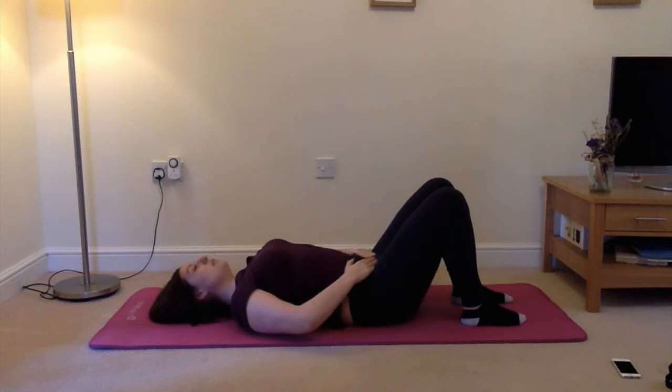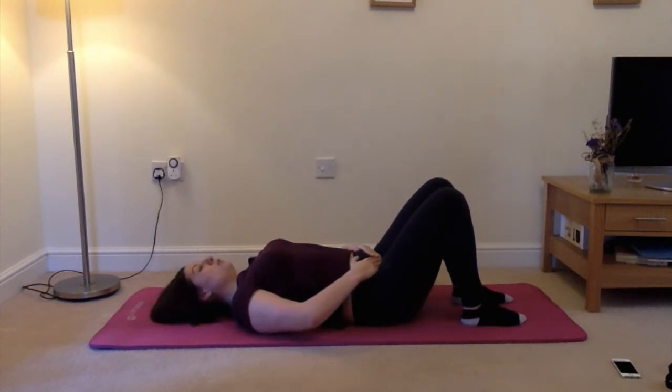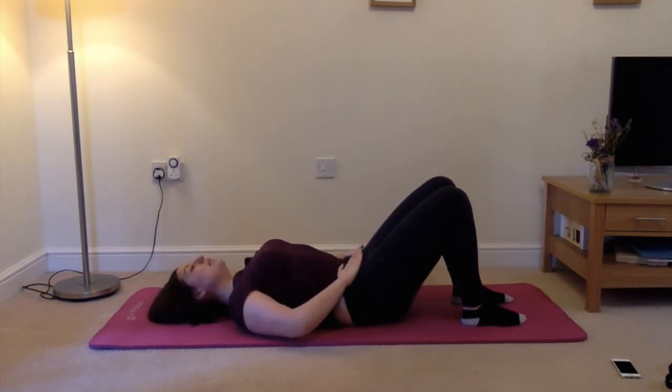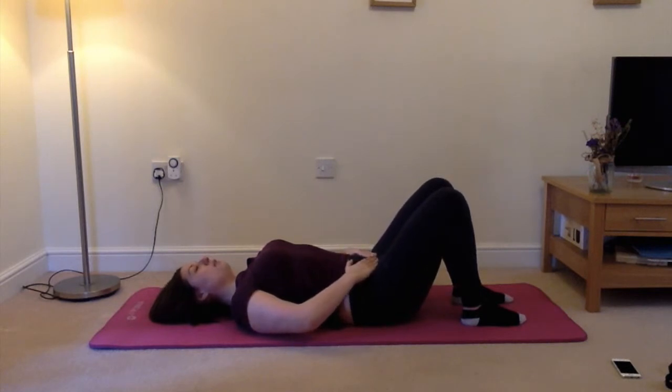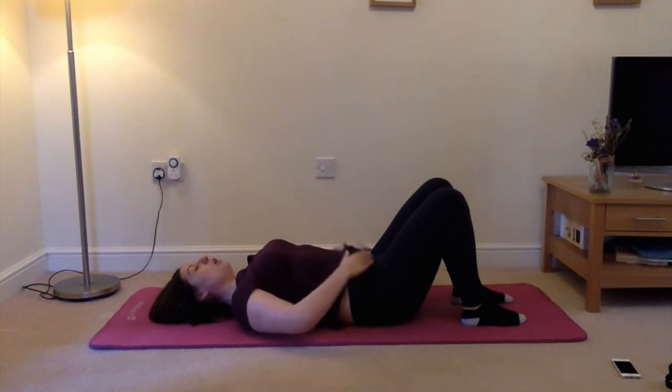So once you've done this, you just want to move forwards and backwards and find your two furthest points that you can move to, so full range of movement. And you can find your neutral spine in one of two ways. Either stop somewhere in the middle where you feel like those headlights point straight up towards the ceiling, or you